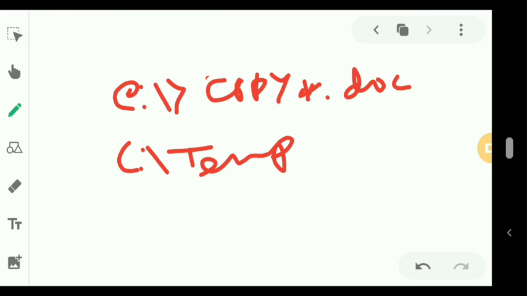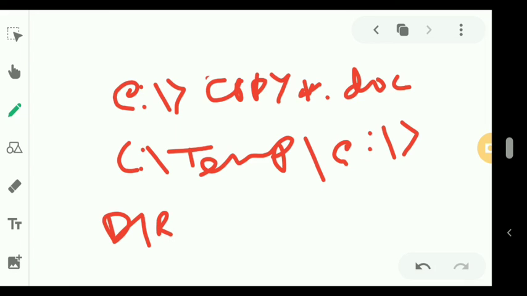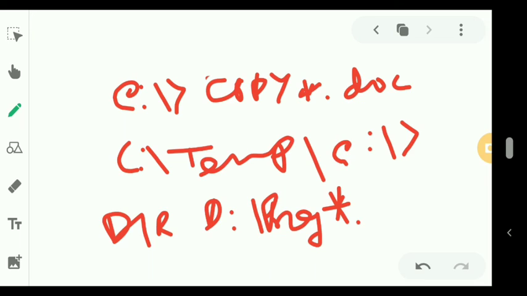Another case: in some cases you know the file name, or you want to copy a particular file but you don't know the extension. So you can do a copy, then slash, then dir, then under D slash, suppose I am finding program file star, I don't know what is after that, and dot, then question mark.